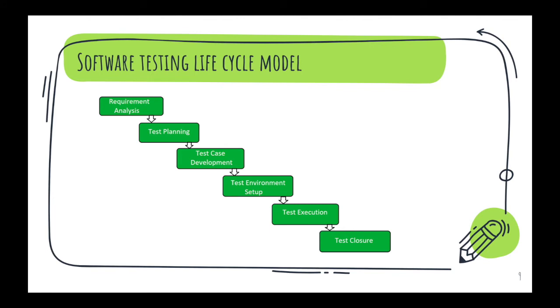In test execution, I am executing the test cases that were developed previously against the functionality. And test closure is basically a sign off that whatever has been tested is working fine as per the requirement, and there is no major issue within the application which needs to be fixed before the closure. The final sign off is given in test closure, and relevant stakeholders give sign off. The major one is given by the tester itself, that there is no critical bug within the system.